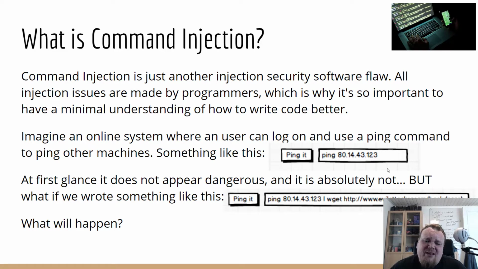Then if you didn't sanitize the input, you can add on, let's say, a pipe as in Linux, and it's a semicolon in Windows, and do some wget, which is download whatever this backdoor shell script. And if you have direct access to the actual server, then you can just execute it, and well, all of a sudden you have a backdoor, and you can download code, and you can concatenate commands and do different kinds of things. So it's a really bad thing.